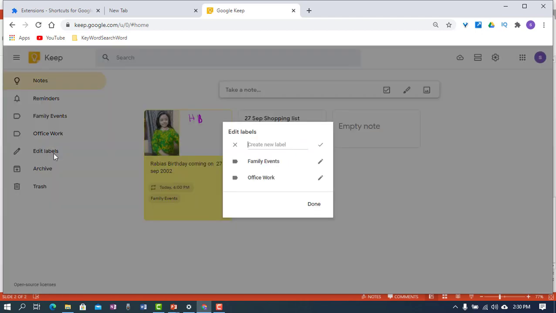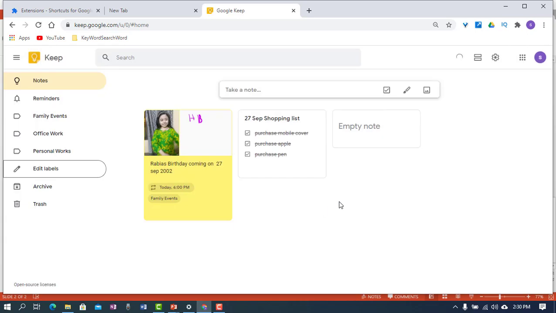And in the same way, we also create another label, personal work. So in this way, you can easily create as many labels as you want and assign them to any note.